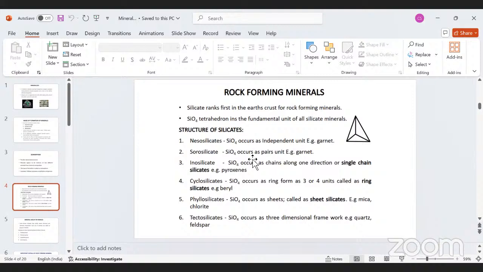For this example, hemimorphite, Zn4Si2O7(OH)2·H2O. The group will be formed here. The silky structure will be forming. So the next one is